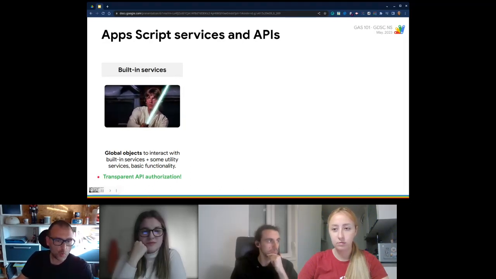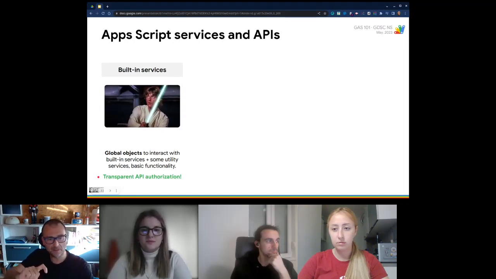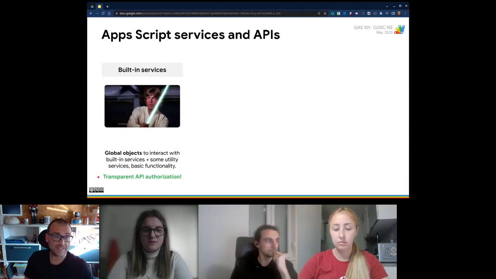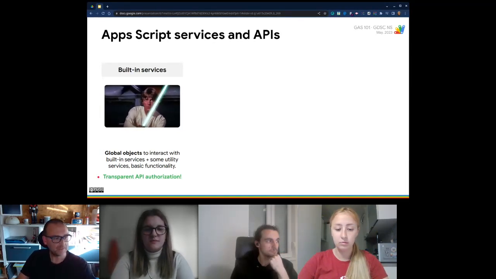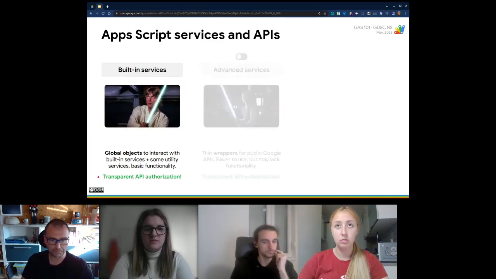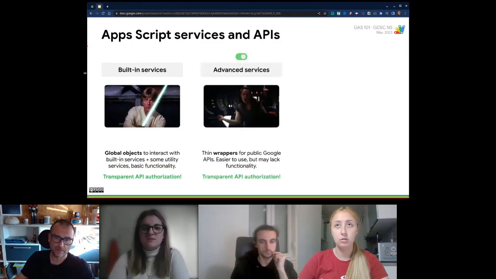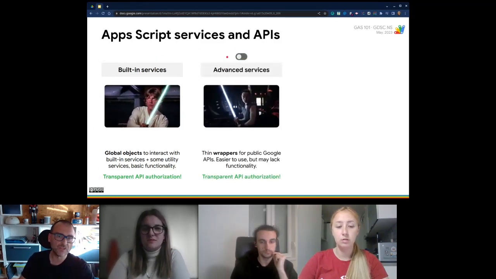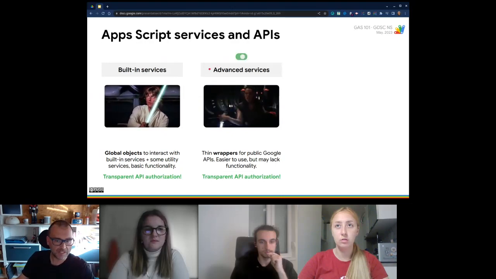Why? Because we don't need to perform that authorization against an external API that is typical in some other platforms. I just type using certain syntax, using certain classes of objects with properties and methods, and just create events. It feels like magic.